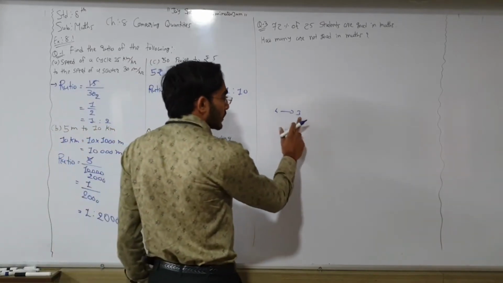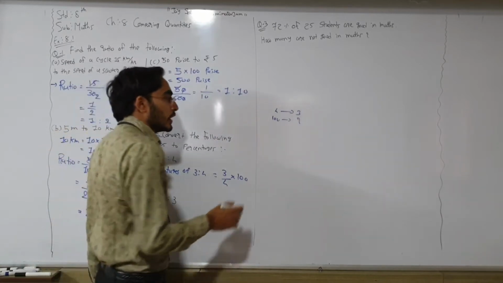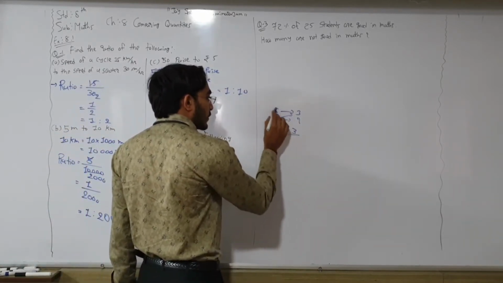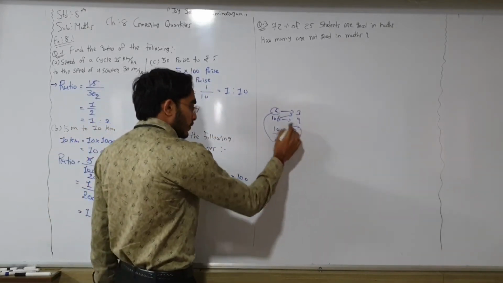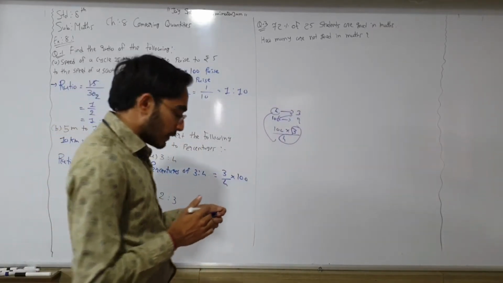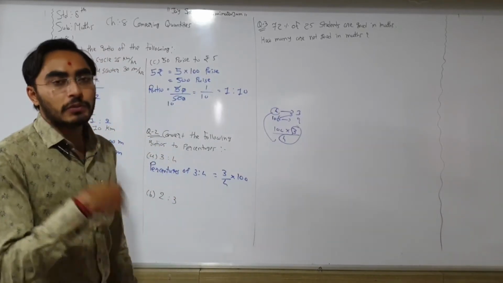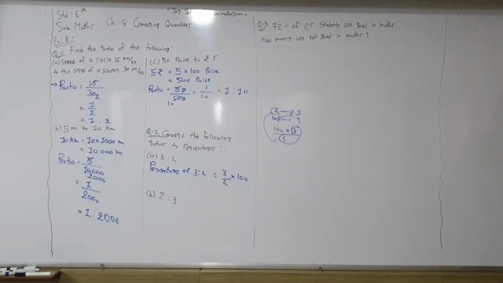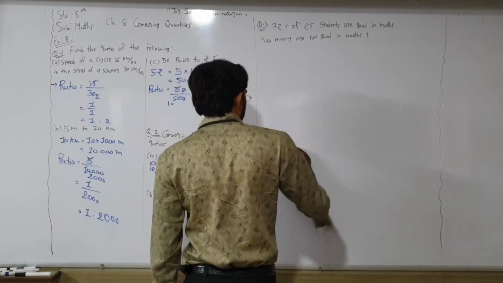So out of 4, 3. Then out of 100, how many? So 100 multiply 3, and this number we need to divide by 4. So our ratio 3/4 multiply 100. So we make one format for this: we multiply a ratio with 100, and it will be converted into percentages. Percentages means comparison with 100.